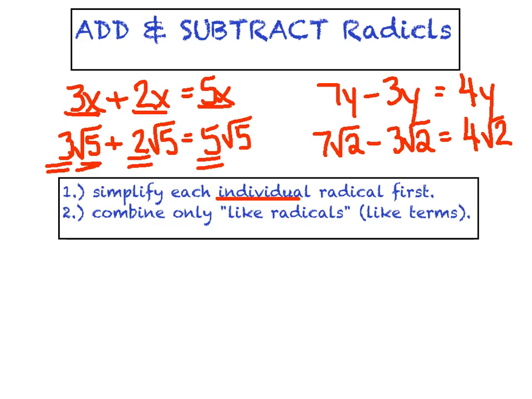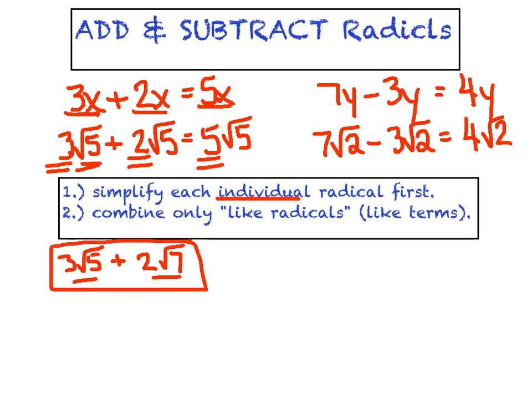combine them. Now, if I had asked you to add 3 radical 5 plus 2 radical 7, there's nothing you could do on that problem, because we do not have like radicals, aka we do not have like terms, so I cannot add those terms. That would be my final answer in essence, since I can't combine them. But let's move on. We'll take a look at a couple problems where we will find some like terms that